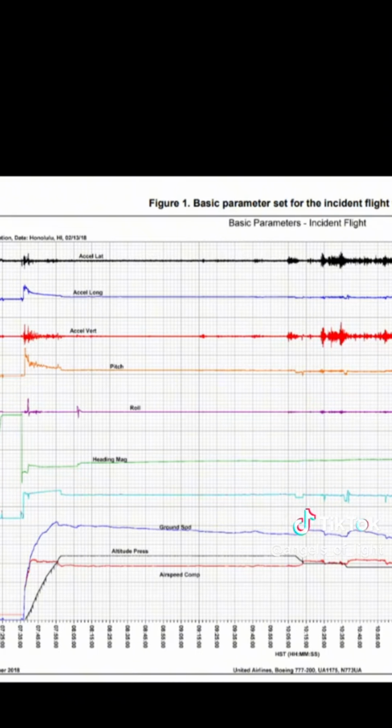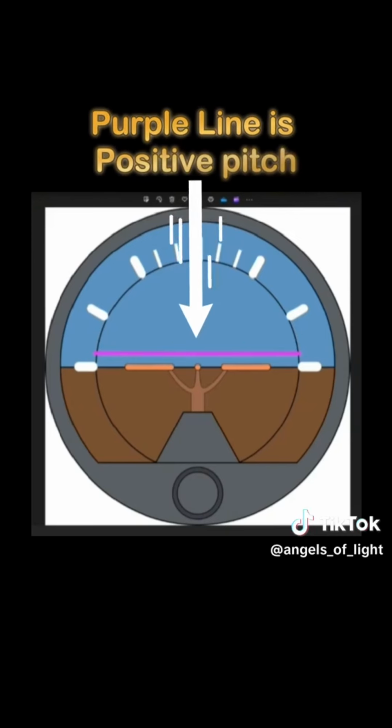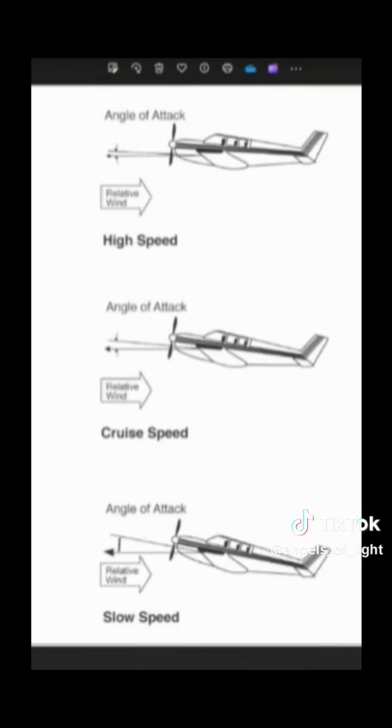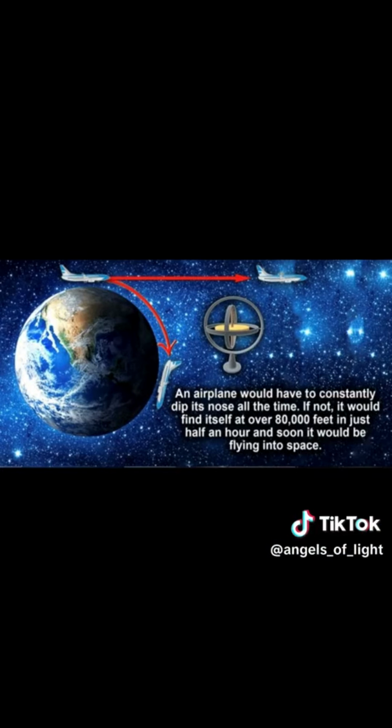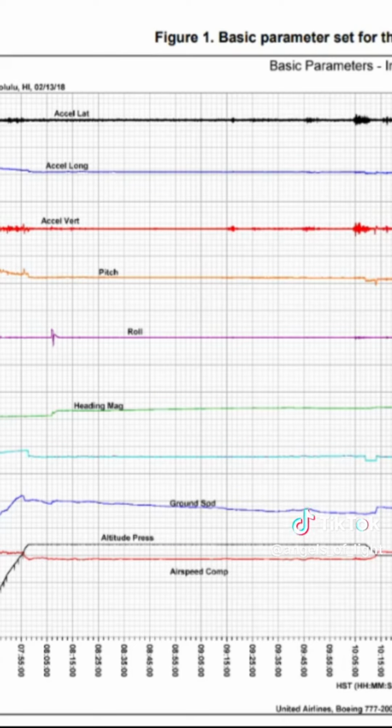So it flew a 1,000-mile distance with a positive pitch over the Earth, meaning the nose of the plane was tilted up a few degrees. The reason the plane keeps a positive attitude is to maintain altitude and generate lift. Now, if you're flying around a globe, it would be impossible to have positive pitch over 2 hours over 1,000 miles distance and not gain altitude on a globe. You would have to correct for the curvature of the Earth by changing orientation of the plane relative to the curved surface. This pitch data directly shows the contrary.